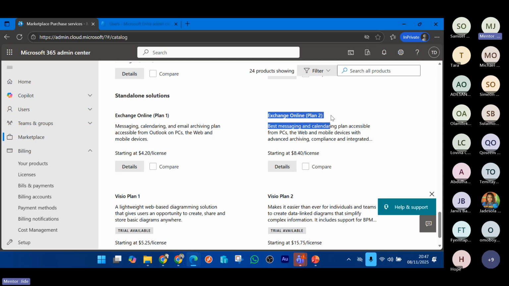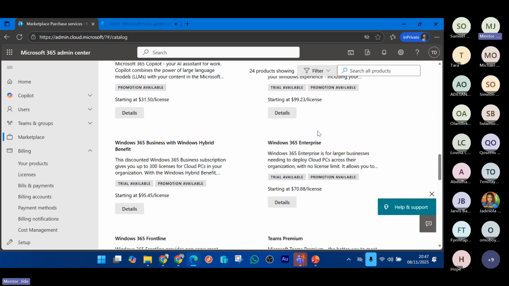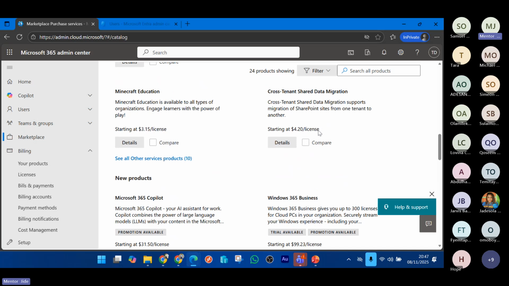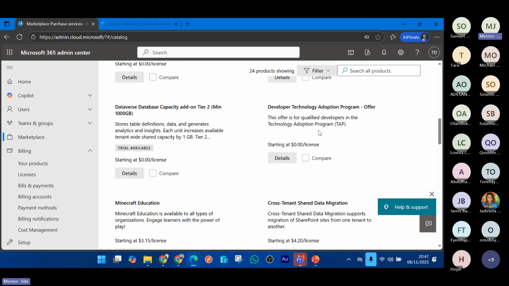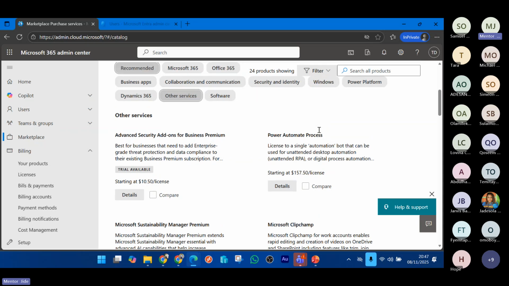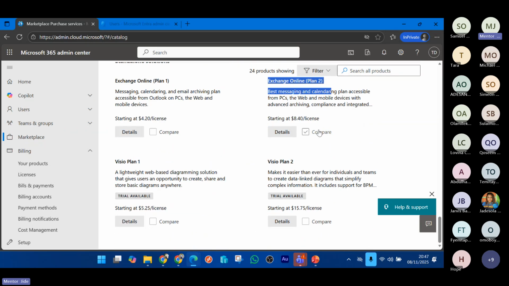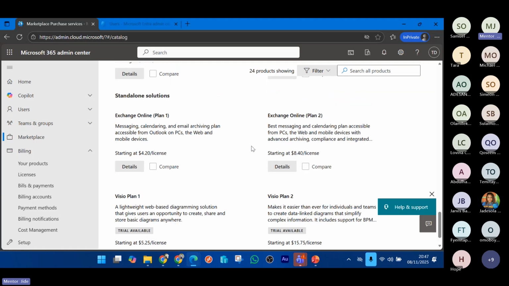Then I can decide to just go for this instead of going for Business Premium. Why should I do Business Premium when all the user needs is a mailbox? So I don't need to buy an additional license. So the licensing helps a lot to cut cost in the organization. And don't forget, the kind of license you have will determine the kind of feature that will be available